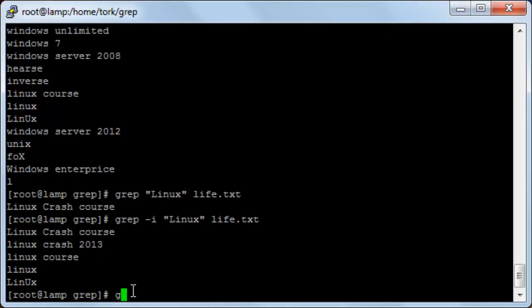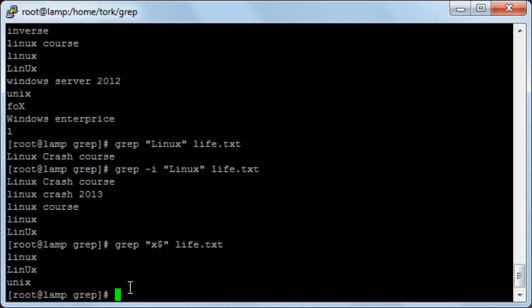Okay, now here's another grep command. If you want a particular line that ends with a specific letter, for example, I will type grep and then this sign, and then I will type the letter X, and then you type the $ sign, which will be shift 4, and then type the file's name and press enter. Here it displayed for me all of the lines that end with the letter X,